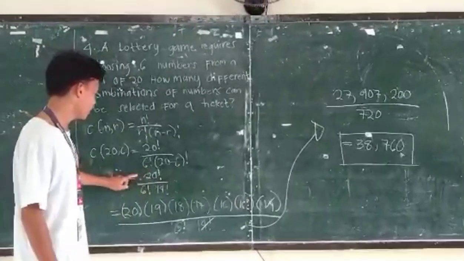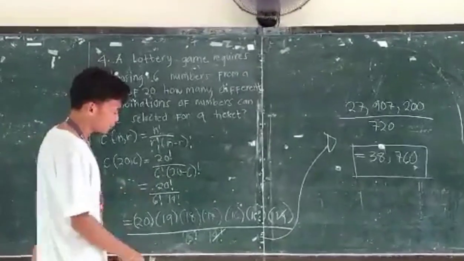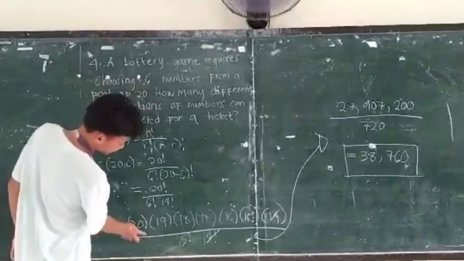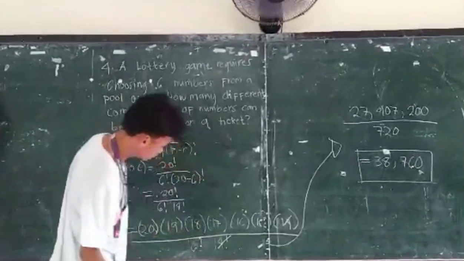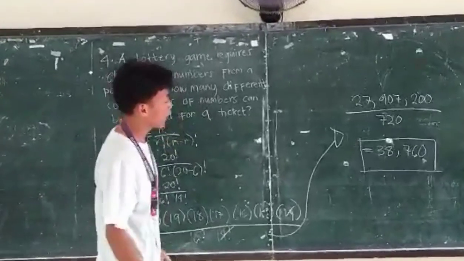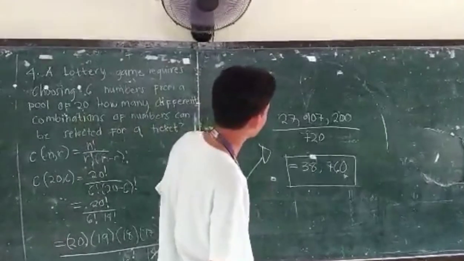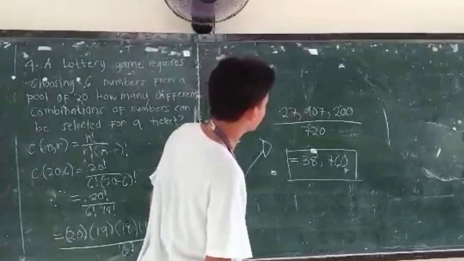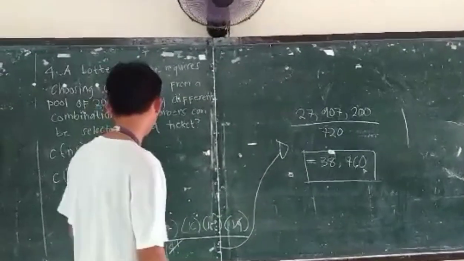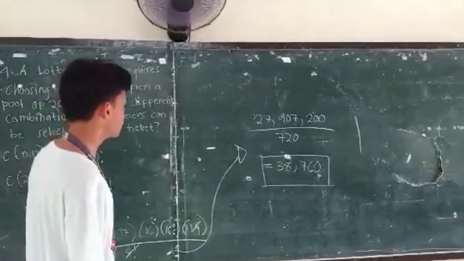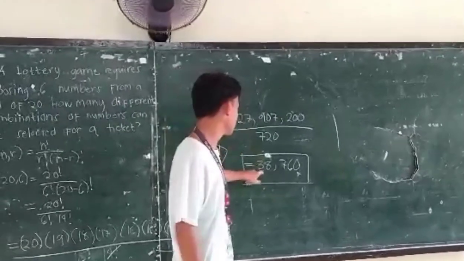Then 20 times 19 times 18 times 17 times 16 times 15, equals 27,907,200. Then 6 times 5 times 4 times 3 times 2 times 1 equals 720. Then divide this equals